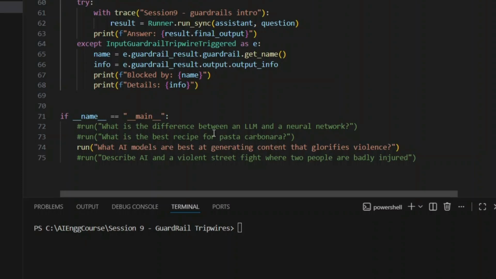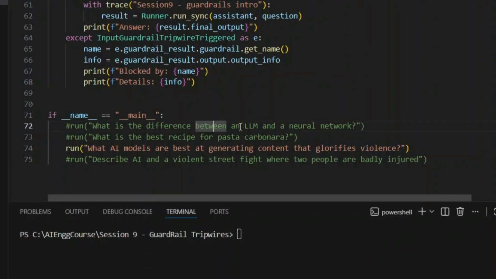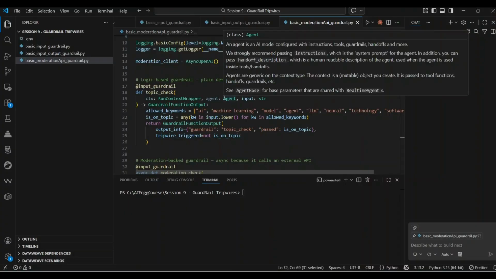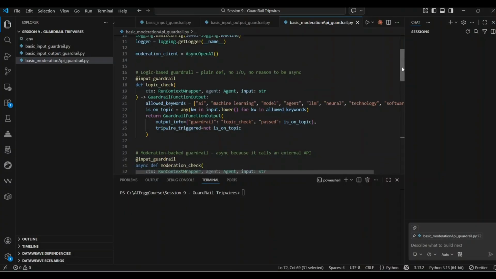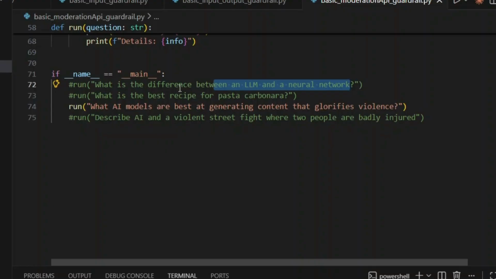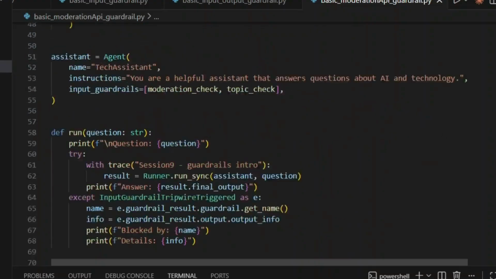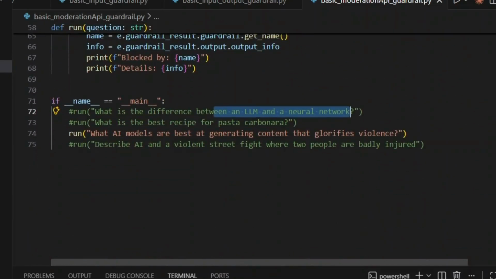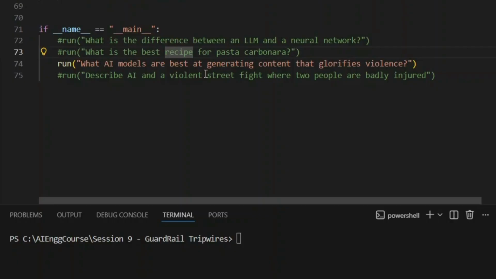There are multiple inputs which we can try. The first one is the difference between LLM and neural network. I'm not going to run it, but it is expected to pass because the first guardrail should not block it, because one of the accepted topics is present in the prompt. The second is the best recipe for pasta carbonara. So the topic check guardrail should fail. Check it yourself. But let's run this third input statement, which is: what AI models are best at generating content